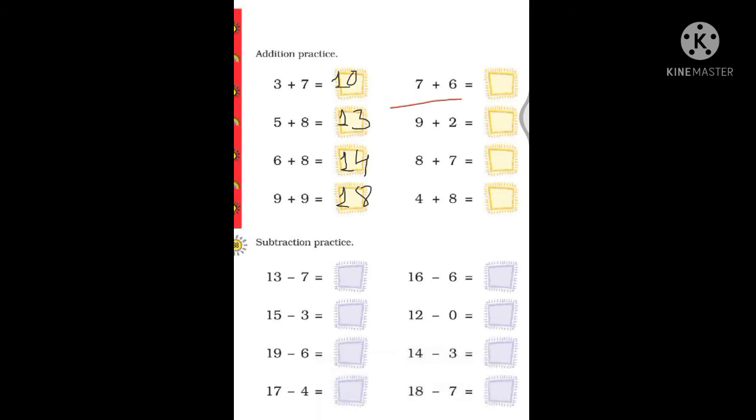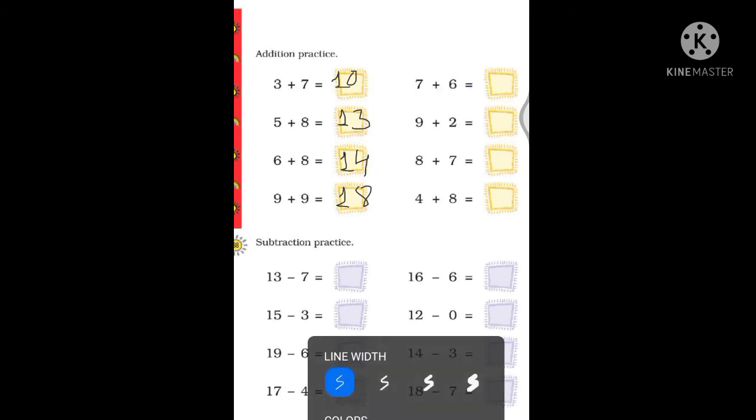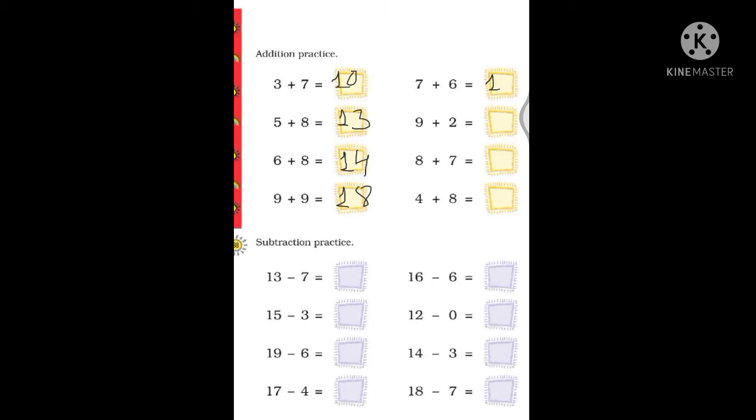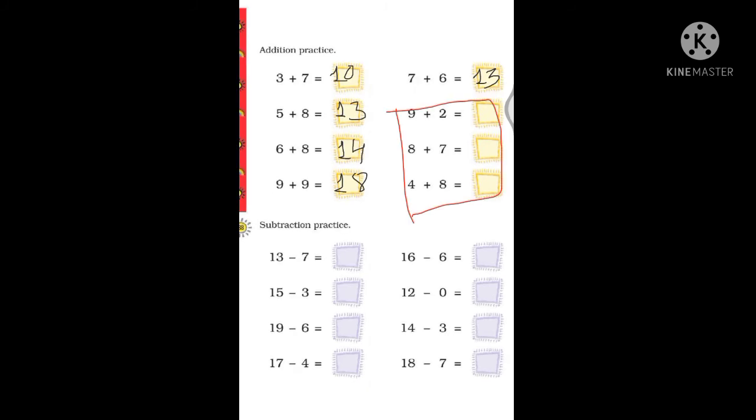Now students, next one, 7 plus 6. So first number is 7 and second number is 6. So in the plus, we have to draw sticks for the second number. Here 1, 2, 3, 4, 5, 6. 6 strokes I have drawn. Now after 7 we have to count till we cover these 6 sticks. So 8, 9, 10, 11, 12, 13. What do we get? 13. Yes or no? So here you have to write down. Students, this one remaining is your homework of this addition, right?